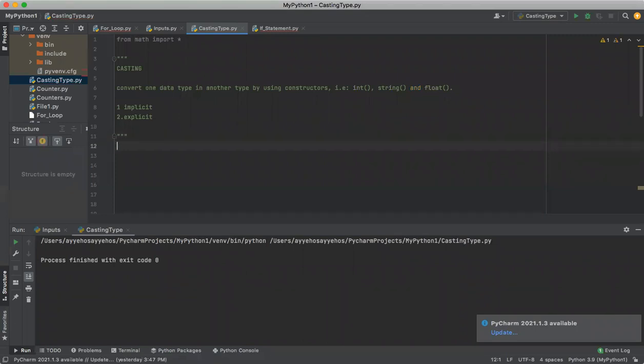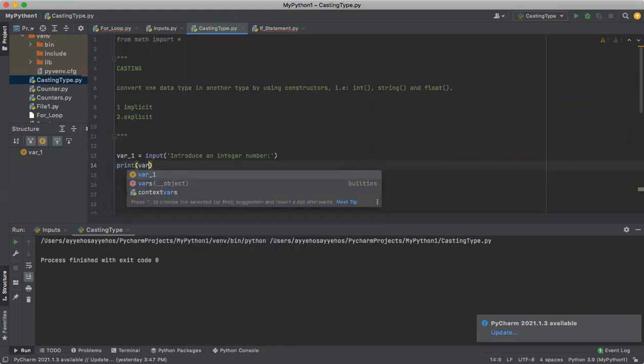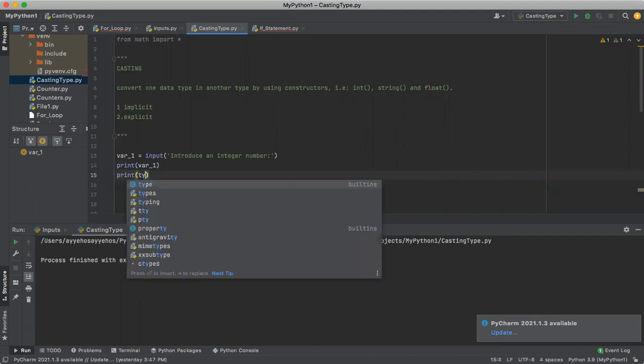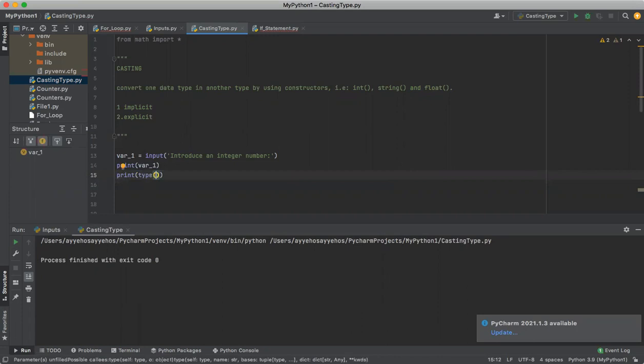If we want to explain these two types of casting, I consider that the best way is, for example, implementing the input function. And the reason is simple. If we think about one input function, in this case one input that requests one integer number from our final user, and then we confirm that we're receiving the same value that we're introducing, and if we validate the type, that class type that we are assigning for that value,